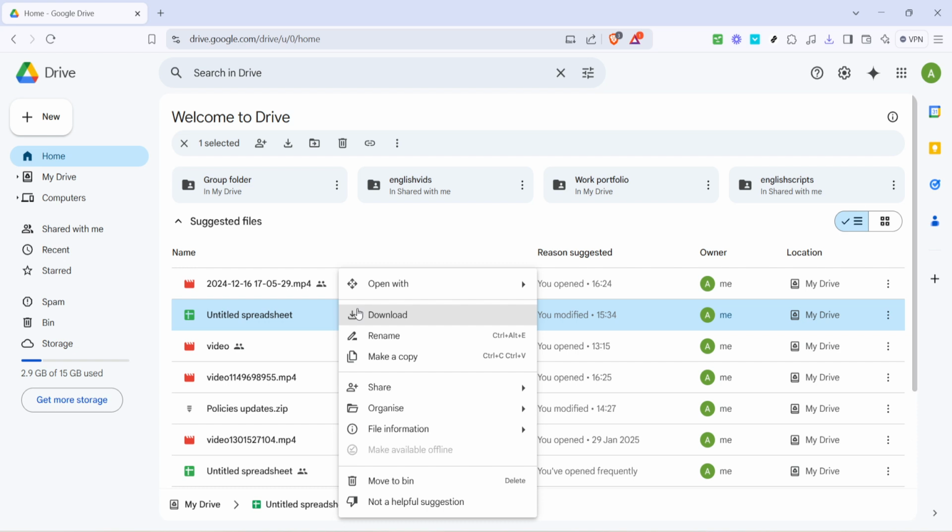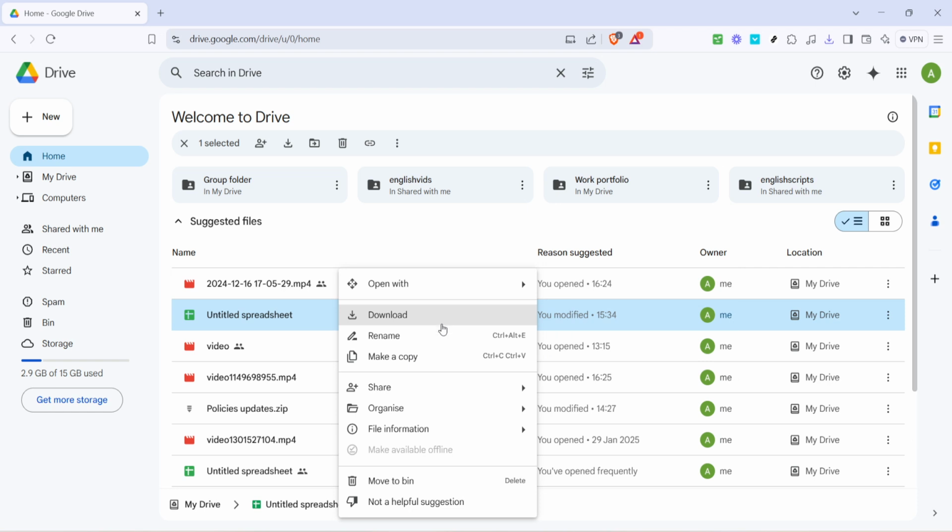The next step involves organizing this particular file. In the options menu, hover over the Organize section. Do not click just yet, you'll see a variety of paths pop up designed to help you categorize your drive's contents. Here, we're particularly interested in the section that will lead us to create a shortcut.